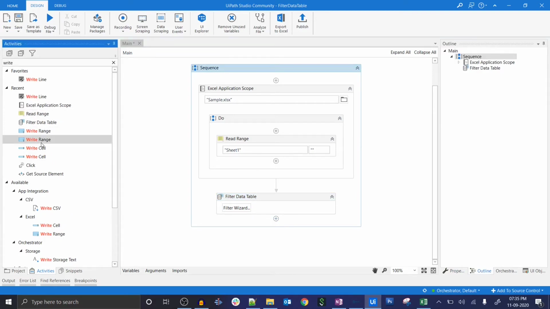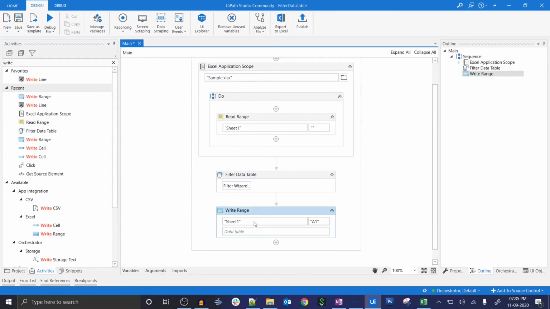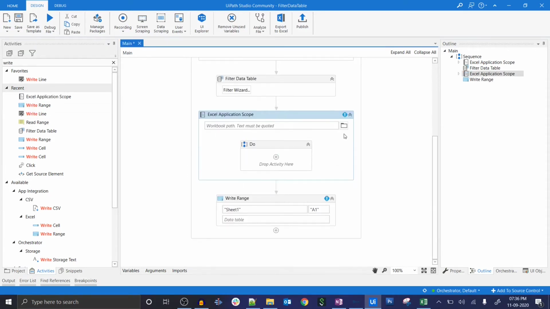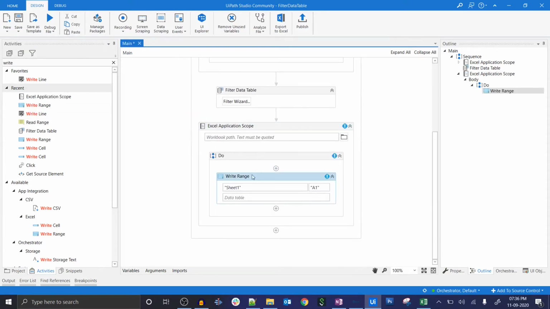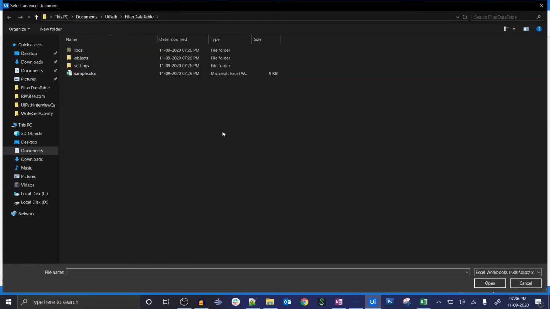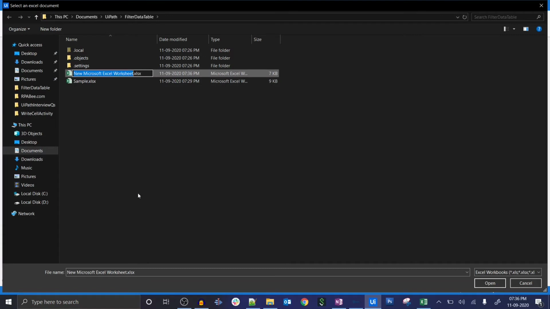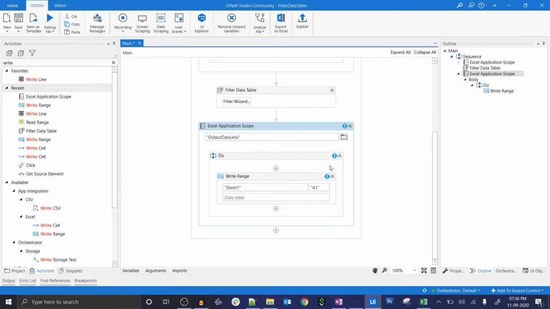I will write the data into a separate Excel sheet. For this I will use the Excel Application Scope here. We can keep the Write Range activity in it, and then let me create one more Excel sheet, output data, and point to this one.